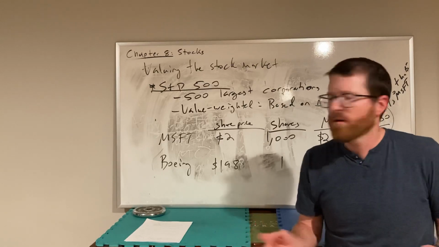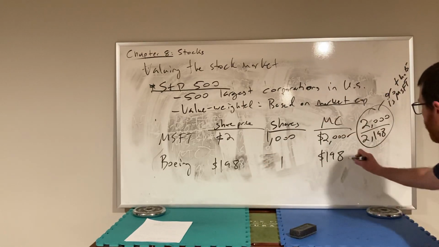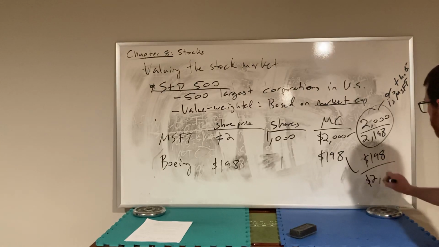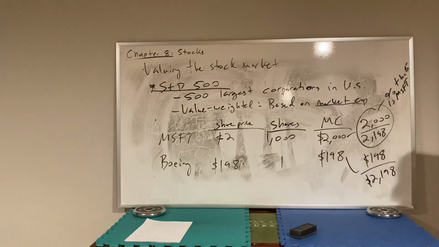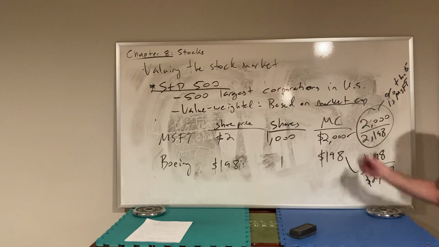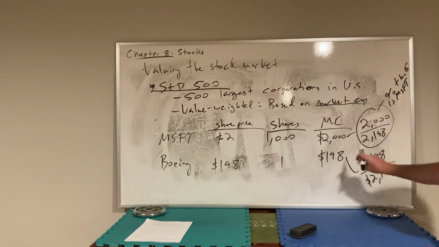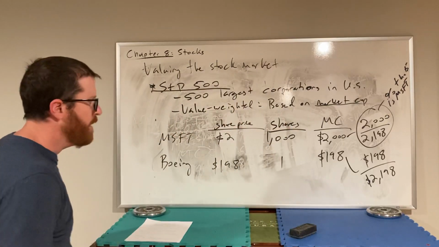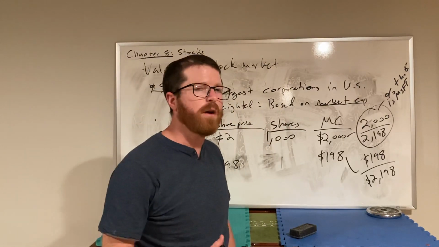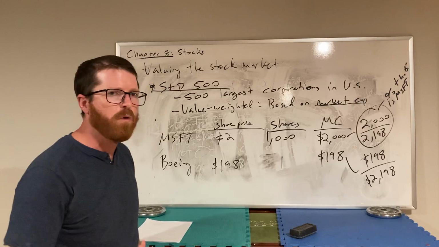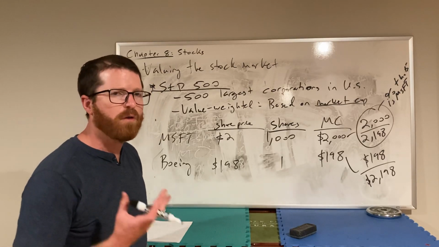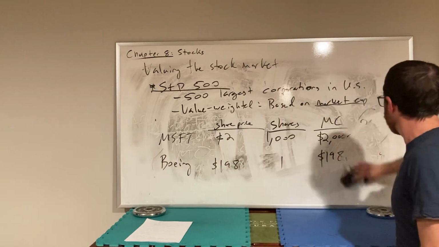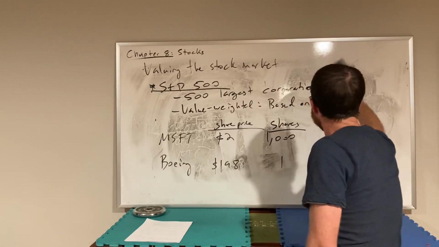Microsoft's way bigger. For Boeing, on the other hand, they're going to make up a much smaller share. Same deal. Take the market cap for Boeing and divide it by the total amount of market cap, and it would show us the percent that is Boeing. So that's how the S&P 500 is weighted. And in doing so, it takes the companies that are most important and values them correctly. So if we think about how we could interpret the information here,